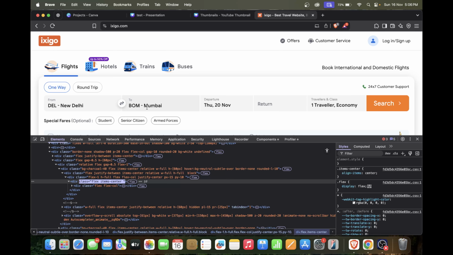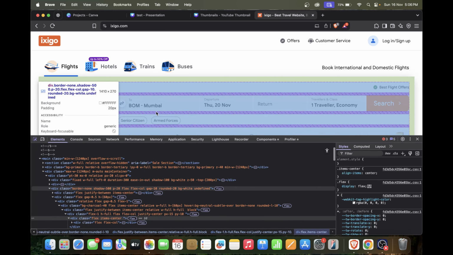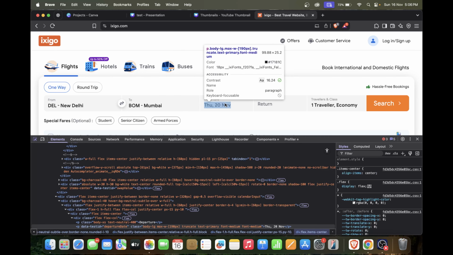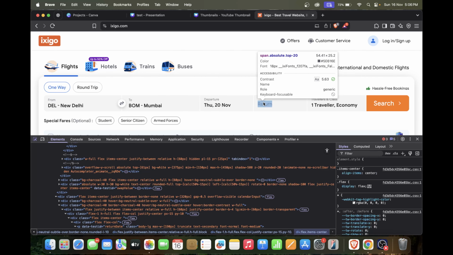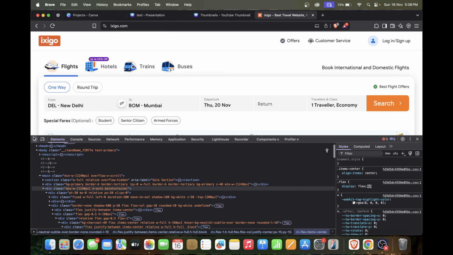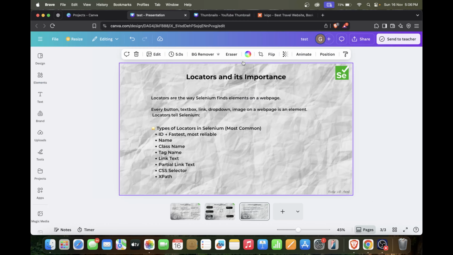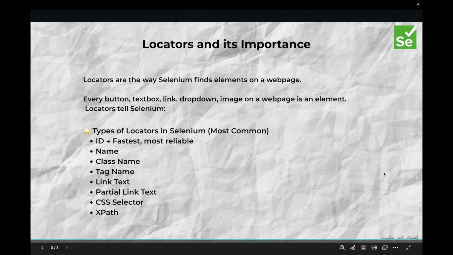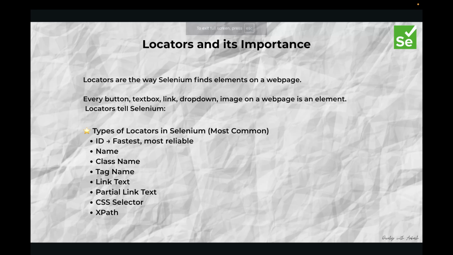Similarly, for this 'to' there will be another class, for this departure there will be another class, for this return there will be another class. For each and every button there will be a unique class or ID or CSS or anything in that regard. So now if someone asks you what locators are, you will just need to say that locators are nothing but an address to find a button or any element on your website.